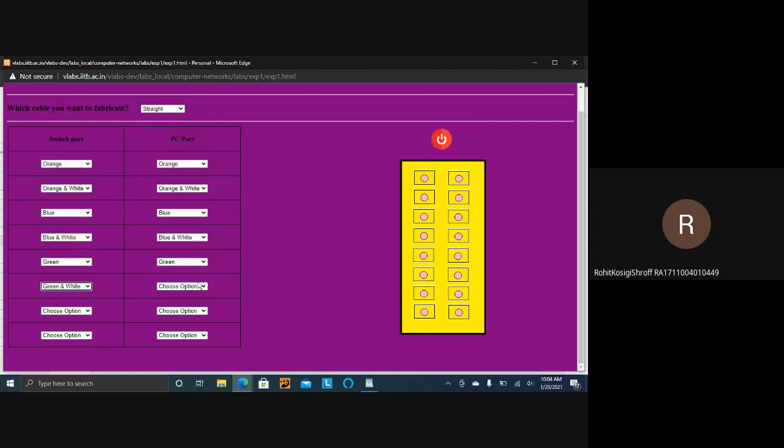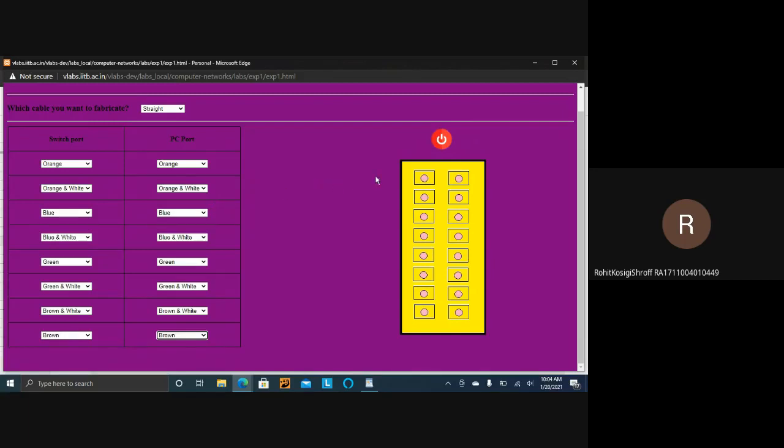Green and white, green and white. Brown and white, brown and white. Brown and brown. So here we took the colors: the first one is orange, so we take orange here also. The second one is orange and white, so we take orange and white. Whatever color you take here, the same color should be taken at the corresponding number for the PC port.